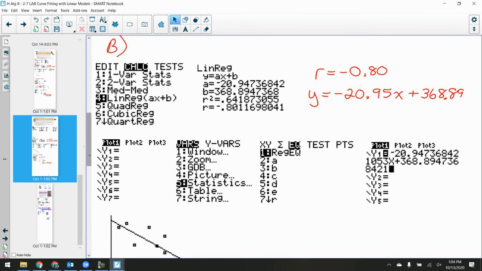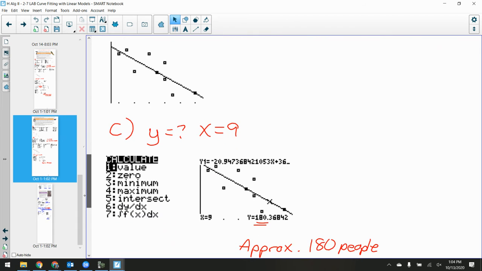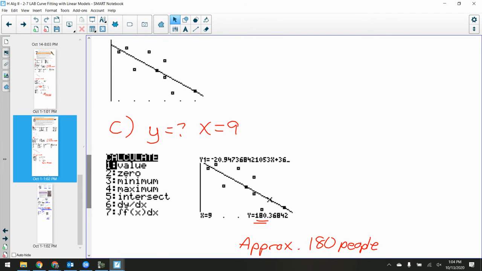Okay, and then here's the graph. And there's part C. Again, you can just second calculate. You don't even have to zoom out or anything at that one. Second calculated value of 9. The Y value would be